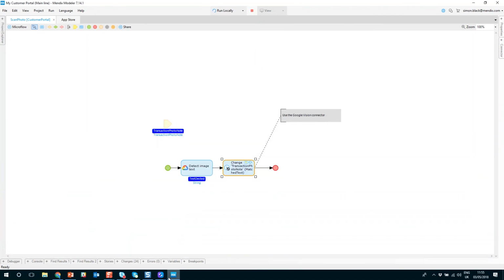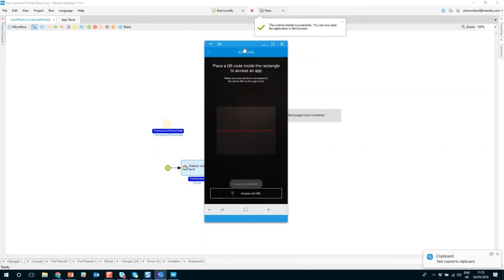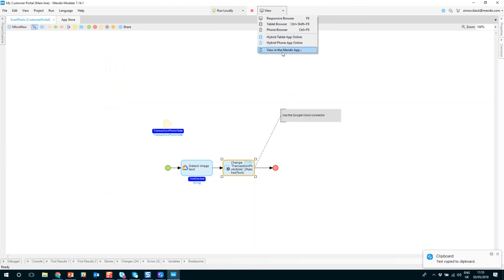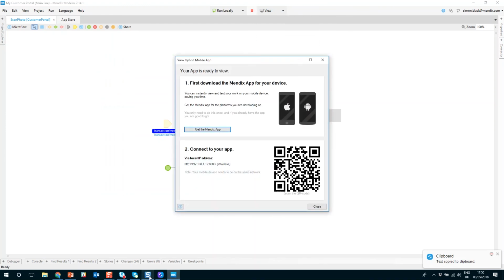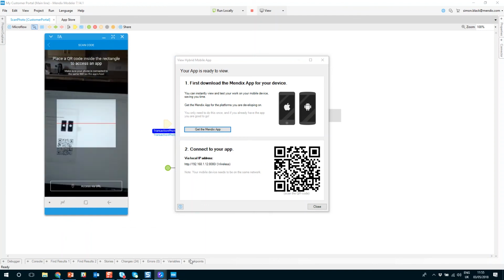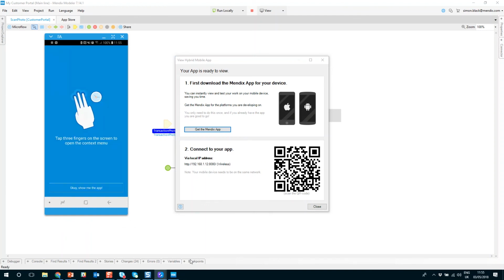So we synchronize the application, which will create us all our tables. We can open up the Mendix mobile application and scan a QR code that's generated by the tool. And this allows us to open up the application on our mobile device and test the native device functionality. So here we scan the QR code, we open up the application,